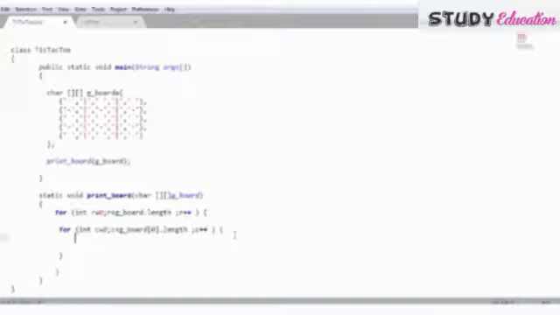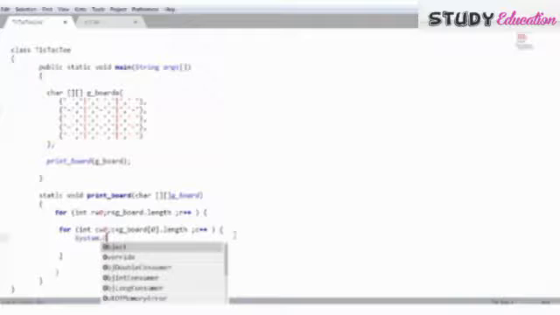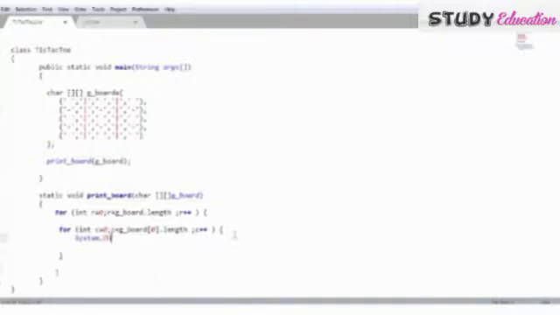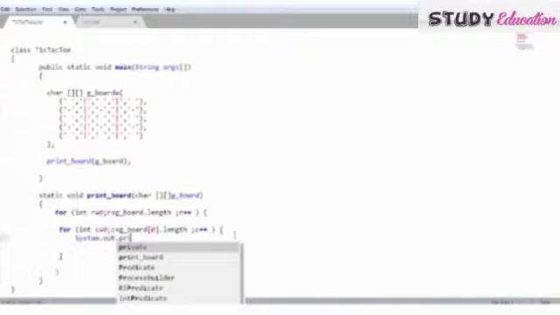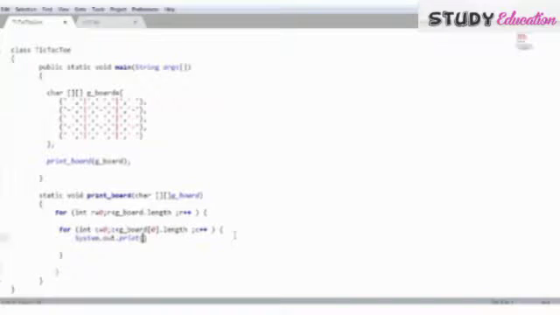Now let's create a simple print statement. System dot out, it's caps, out dot print. Should I write a println, which prints a new line every time, or just a print?